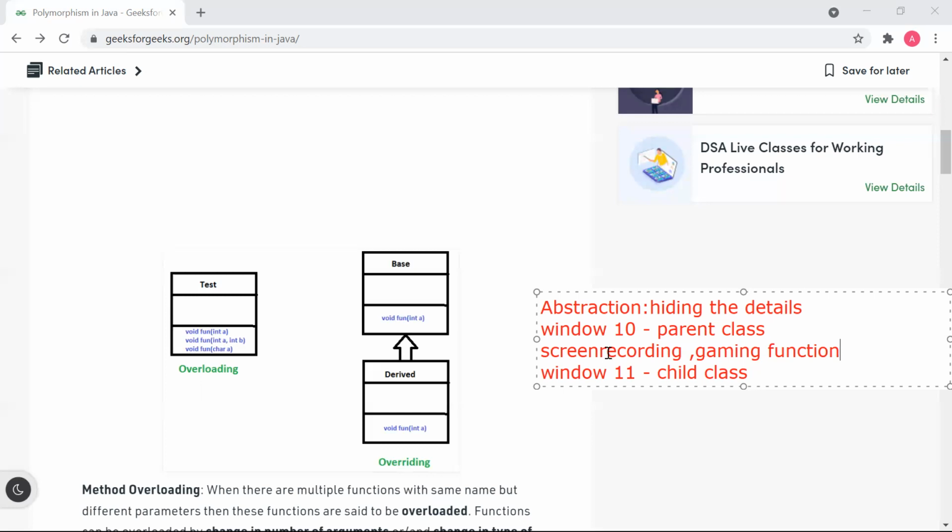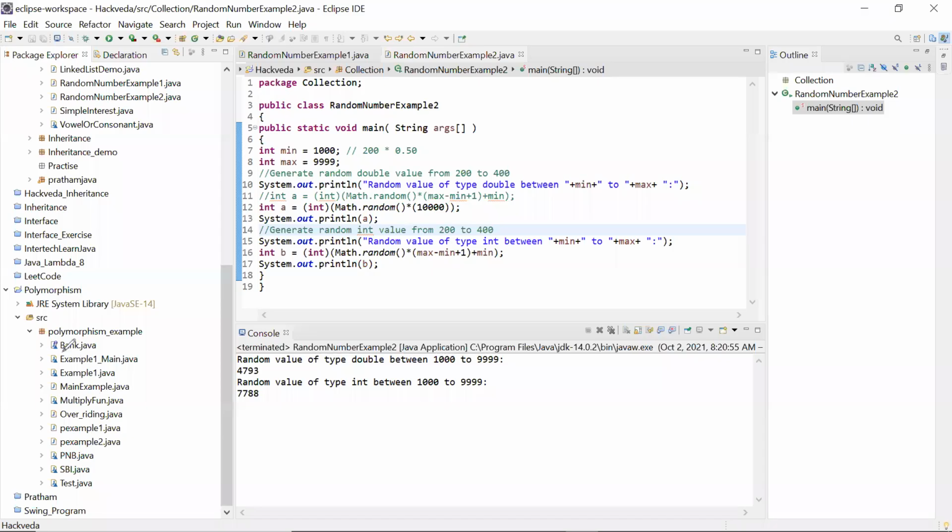They will provide the body to it, meaning they will define what this function is going to do in their class. So abstraction leaves it completely to the child class what they want to do with the function. Let me show you. First, let me show you your polymorphism programs. Then we are going to see abstraction also.